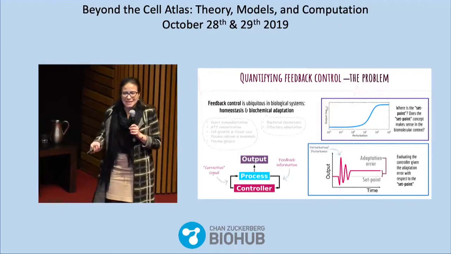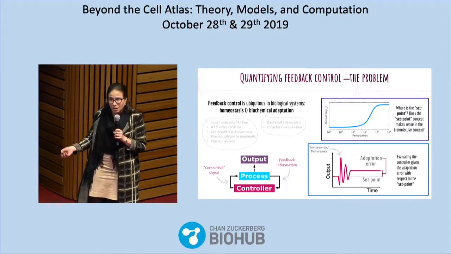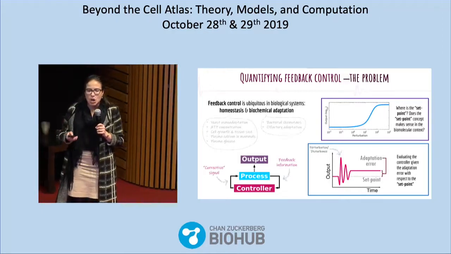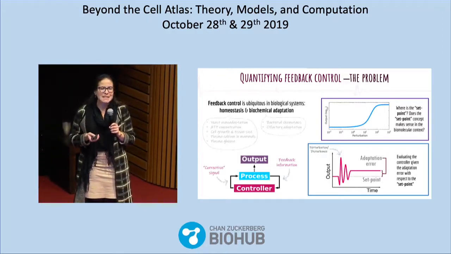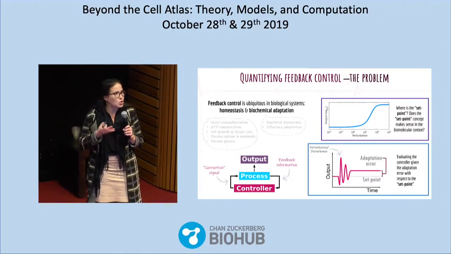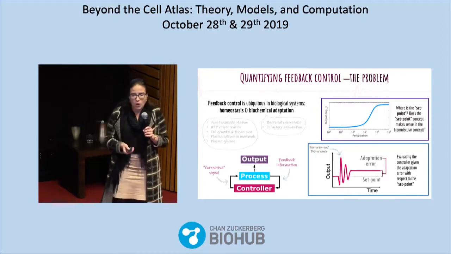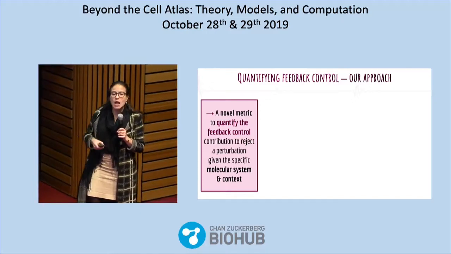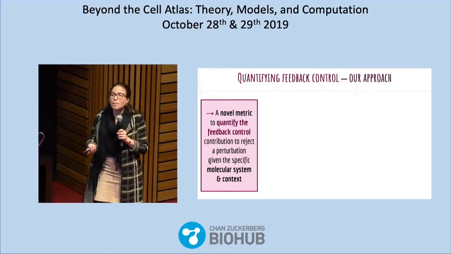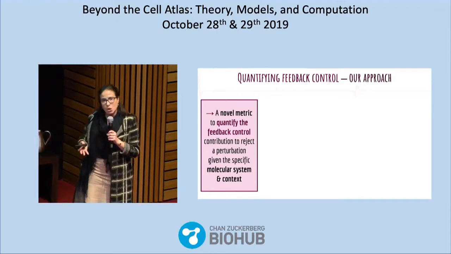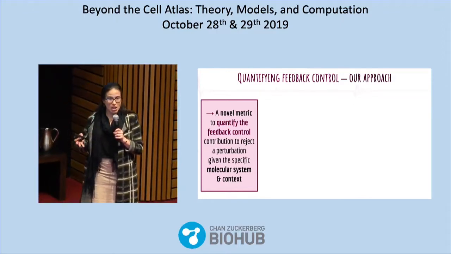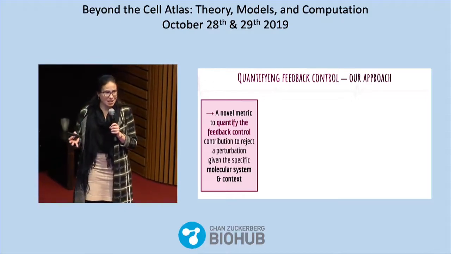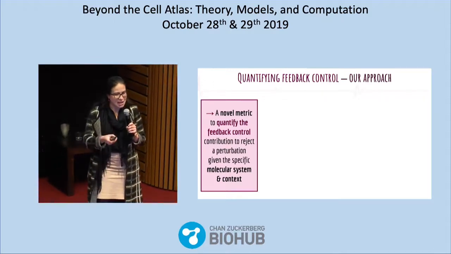But biological systems tend to be significantly more complicated, with high nonlinearities, emergent properties, and biophysical saturation, making not only determining the set point complicated, but questioning the utility of the concept as a whole. So instead of jumping into the discussion of the relevance of set points in biology, we decided to develop a novel metric that allows for the evaluation of a feedback control efficiency in rejecting a disturbance, not only regardless of the biochemical complexity, but embracing it and fully taking it into account.